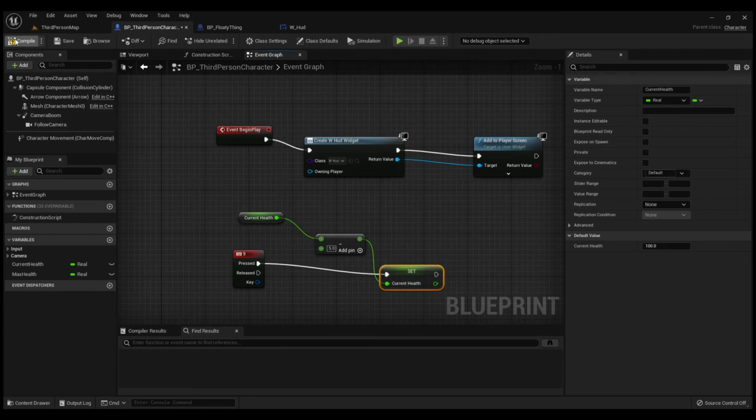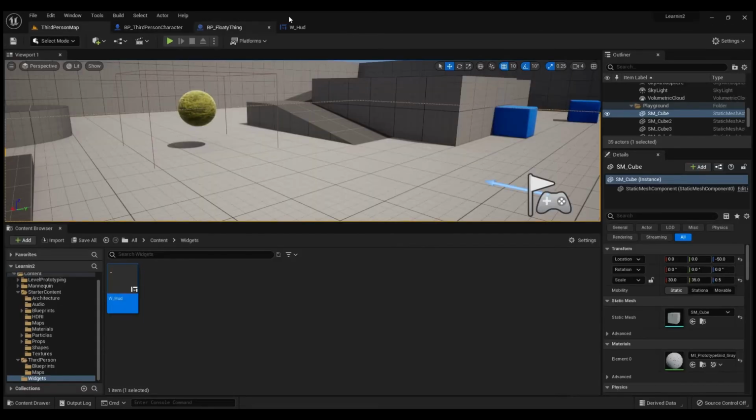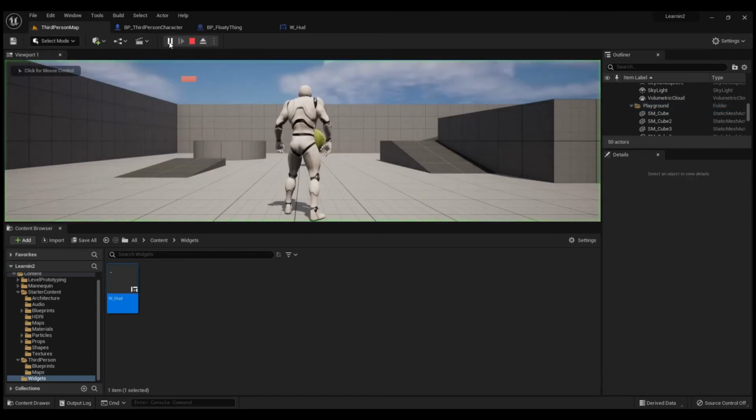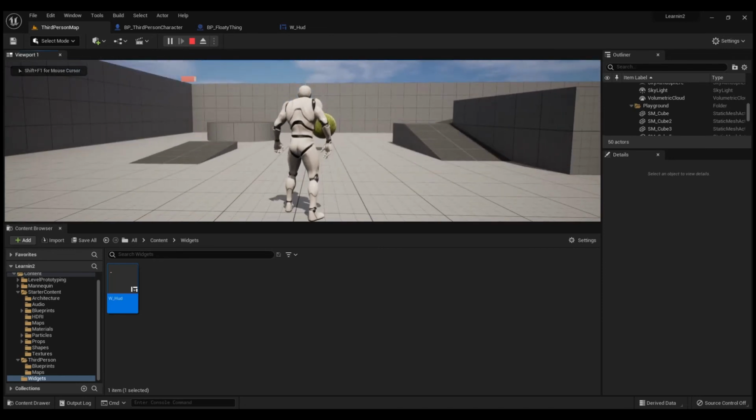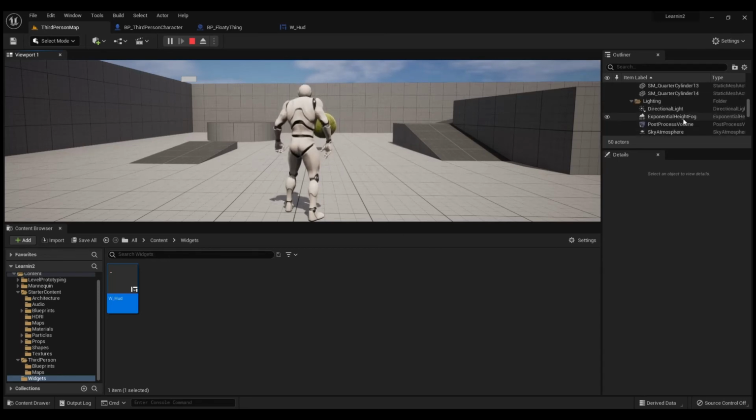So let's go ahead and go here. I'm going to click play. We're going to hit 9, 9, 9. Oh, wait, why is it? Because I'm not actually in there yet. So see, health is going down. And nothing happens when it goes below that because we don't have anything set to happen, but it'll actually go into a negative value,